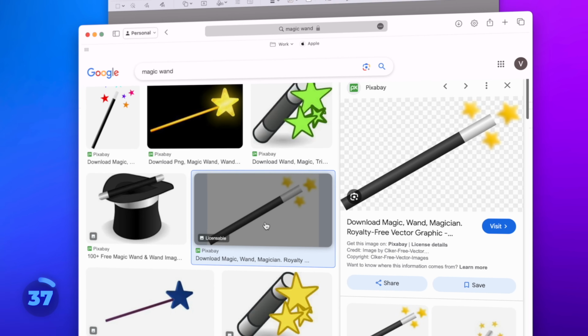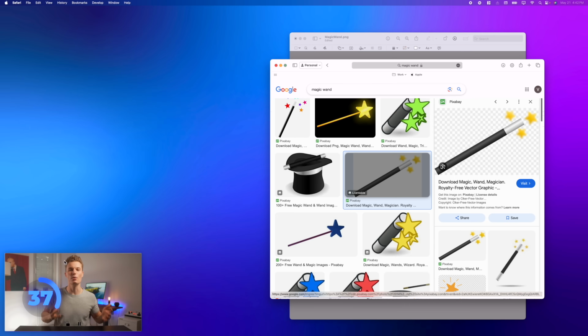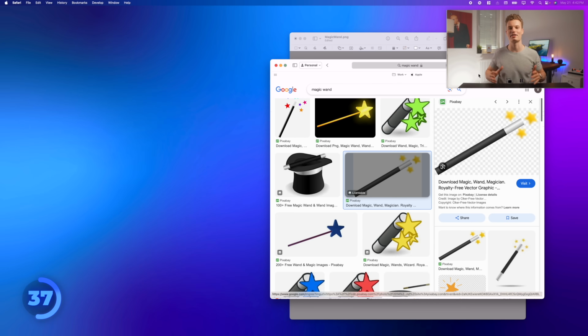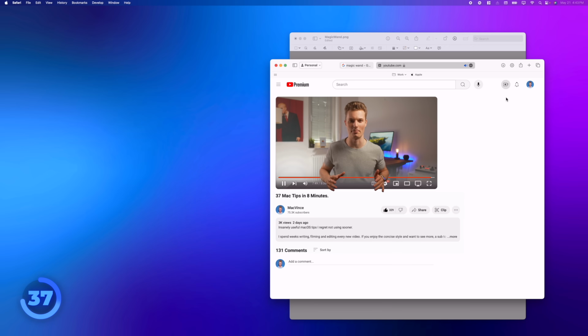And by the way, you could have watched this complete YouTube video in picture-in-picture mode right on your desktop. If you want to know where to find this baked-in macOS feature, you should watch this video next and find out about 50 more insanely useful Mac